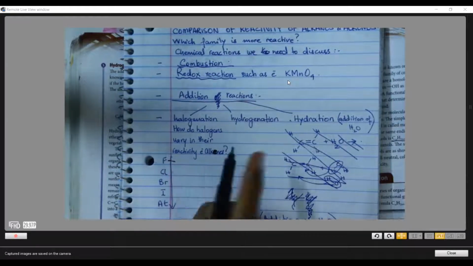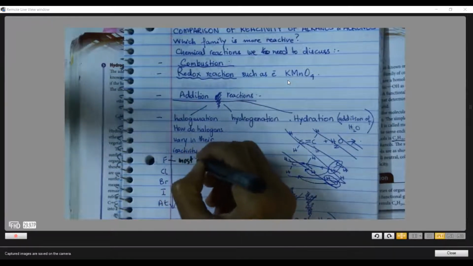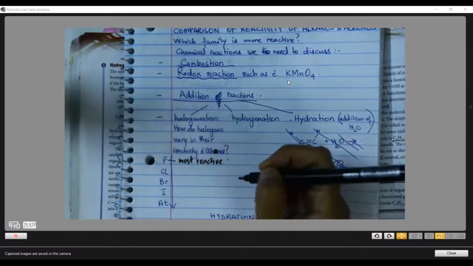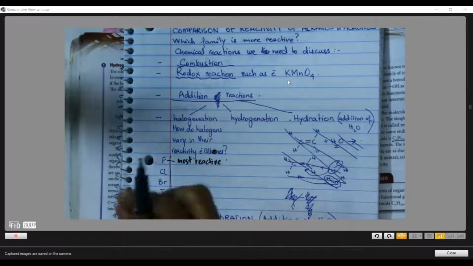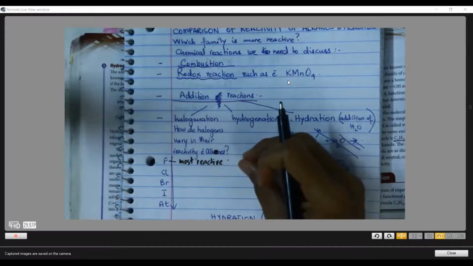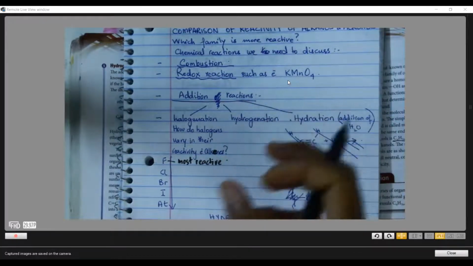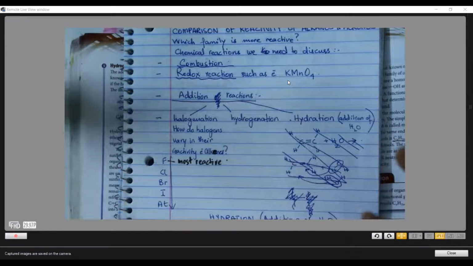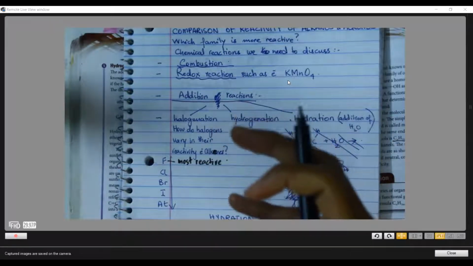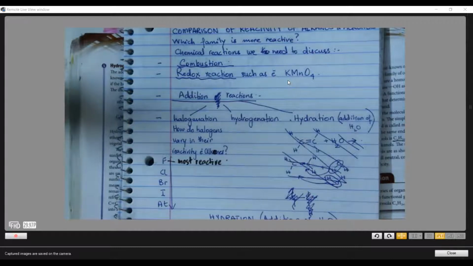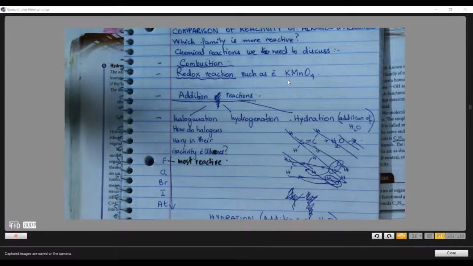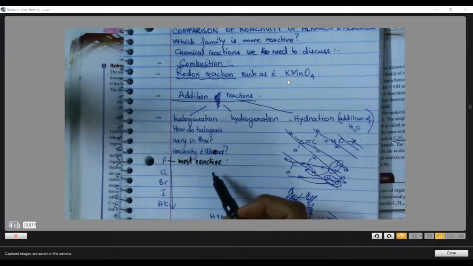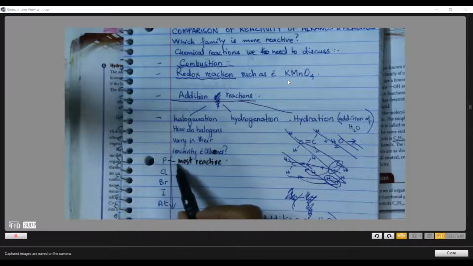Right. Why is this more reactive? Because they are non-metals. In order to react, they have to accept an electron. So the smaller the radius of the atom, the closer the nucleus is to the neighboring reactant molecule, or you can say it is closer to its outermost shell. And so it's easier for it to pull an electron from its reactant. Therefore, fluorine is most reactive, and fluorine will react most readily with the alkenes.